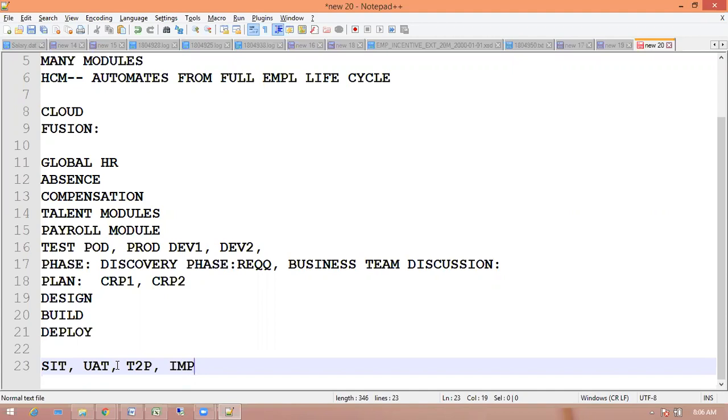That we will see. And moving forward, as part of the curriculum, we are going to discuss how to maintain these templates in the discovery phase. What are the templates we need to maintain, or in CRP1, how to get the sign off, and CRP2, how to get the sign off, and how to maintain the templates for the test cases. All of this we are going to discuss in the forward classes.